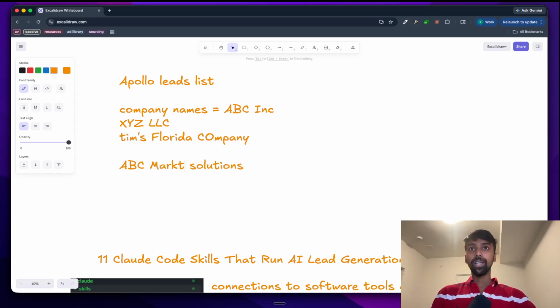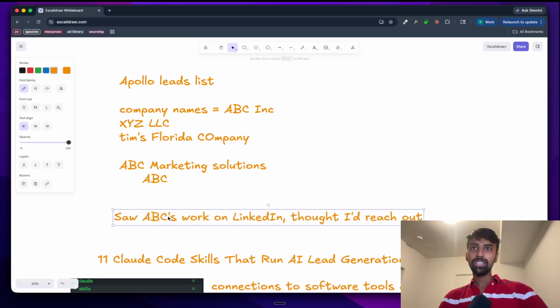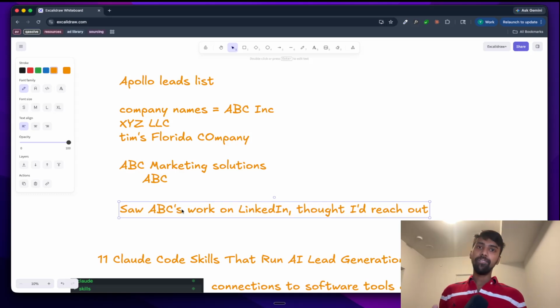When you're reaching out to prospects, you won't be needing this entire thing. You'll only be needing ABC. For example, if you're reaching out, saw ABC work on LinkedIn, thought I'd reach out. So this is like a very simple email opener, or a simple email personalization line that you could use to actually make the person interested in your email and make them compelled to finish reading the email instead of just clicking off, right? You need to personalize it in a way that makes sure that you understand what they're going through, or what they